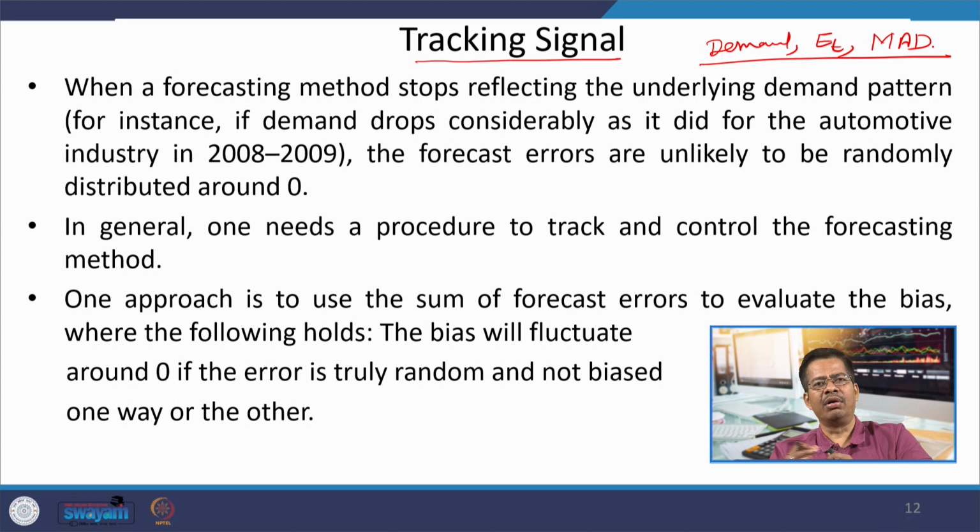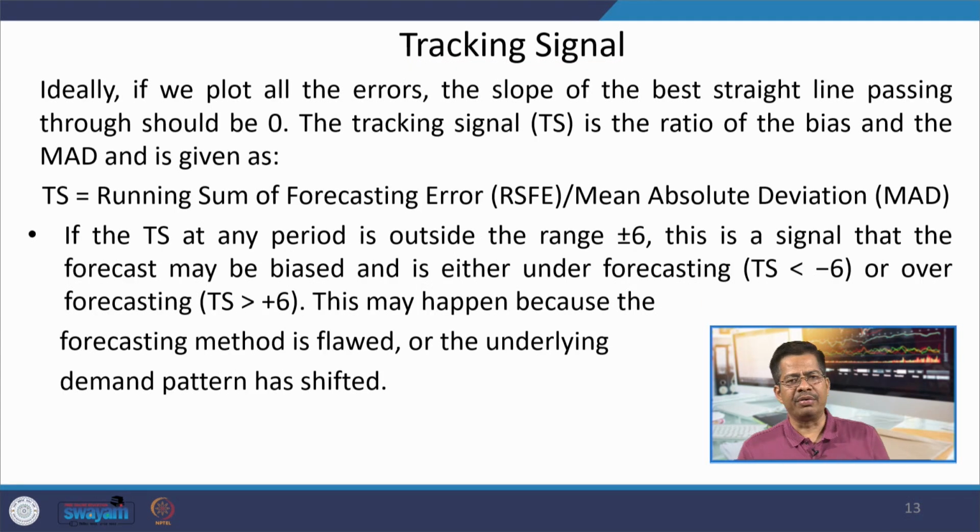The relation between all these things can be put together in the form of a simple thread, and on the basis of movement of this thread, you are able to see whether our predictions are in the right direction or not. And therefore, this tracking signal has become very common, more used than these individual forecasting errors, because it gives you a kind of single package which is good enough to decide whether our forecasting system is going in the right direction or not.